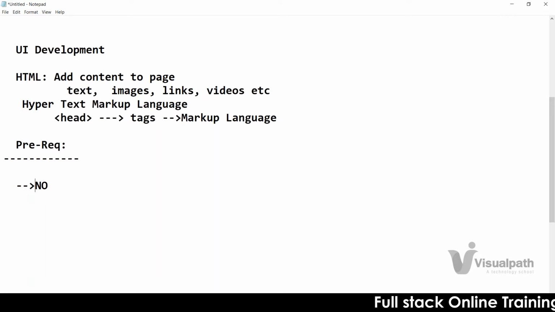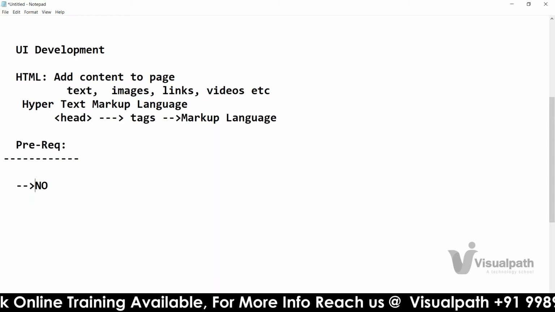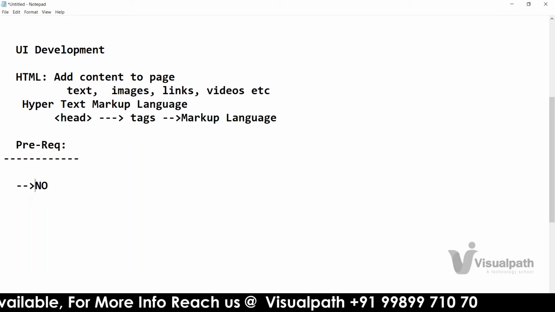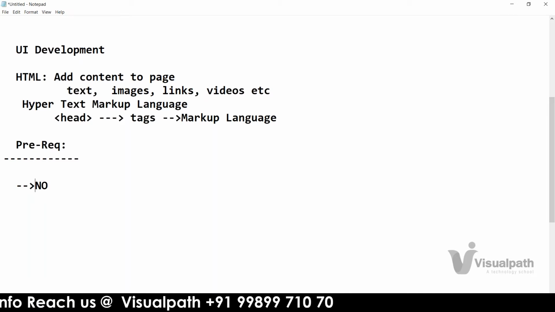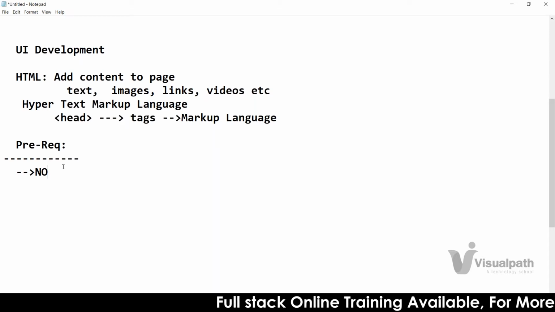But when you're talking about learning HTML, or if you want to learn React or Angular, definitely you should have some understanding of JavaScript. But if you want to learn HTML, from a learner's point of view, you don't need any special learning path or learning curve ahead. Not required.